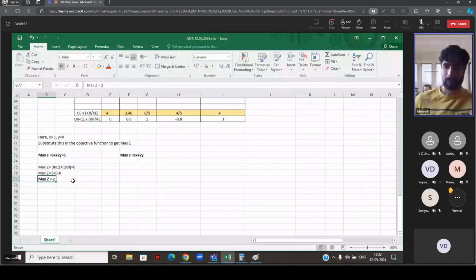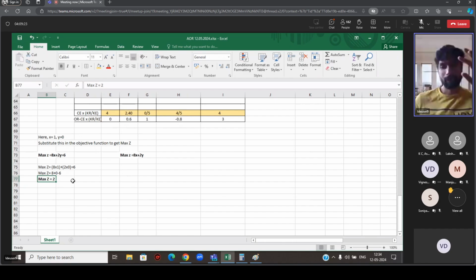If the key element is 1, don't do anything. If other elements are 0, don't do anything. Problem is easy. But they won't give it like that. So if the key element is other than 1, make the key element 1. That's the first step. The second step, if the other elements are other than 0 in the key column, make it 0. Once you make it 0, go to the second simplex